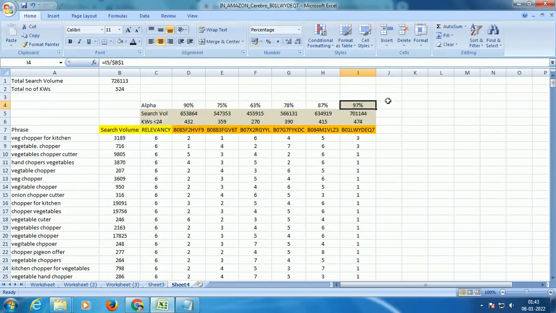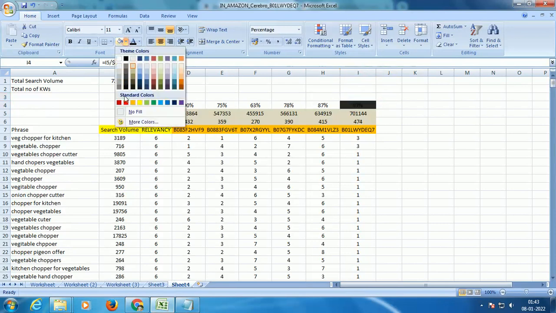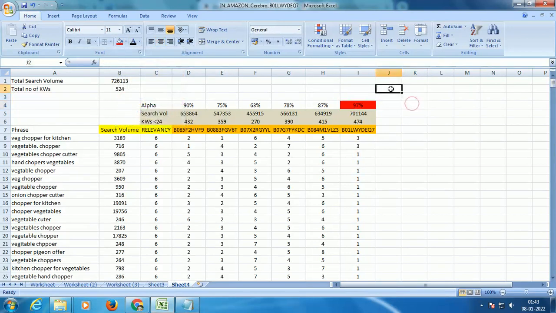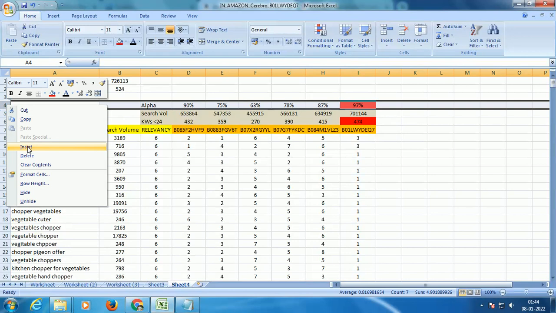Now why is he alpha? Because he is ranked for the majority of the keywords, right? He is ranked for 474 keywords, and since he is ranked for the majority of the keywords, we also see that he is dominating in the market. His visibility levels are really high when we compare to the rest of the competitors, right? Now this is what we have done for your top 24.